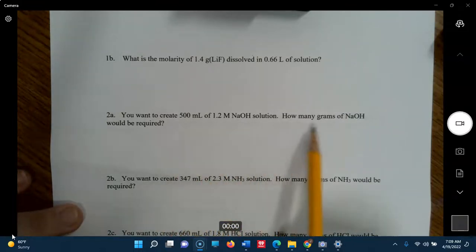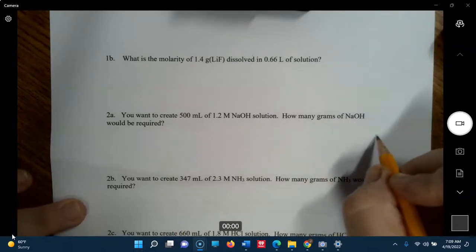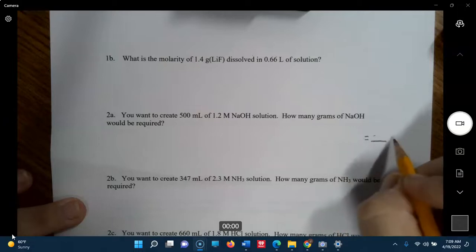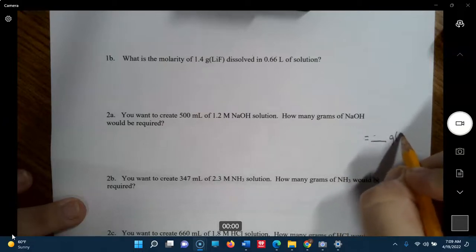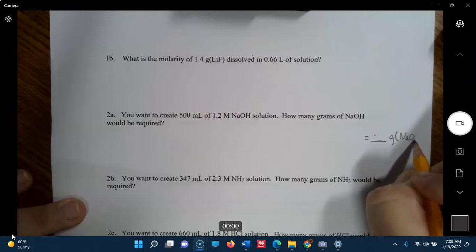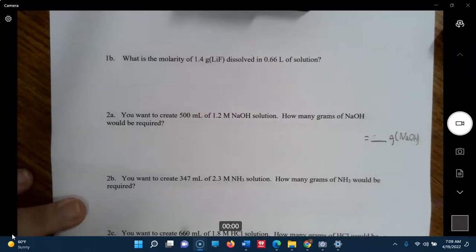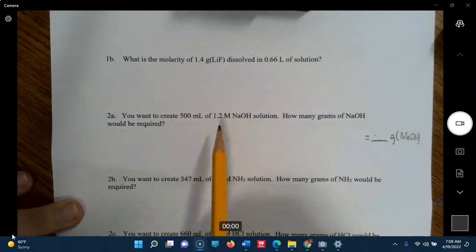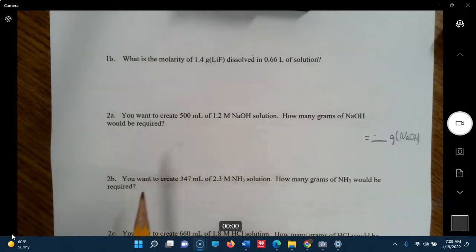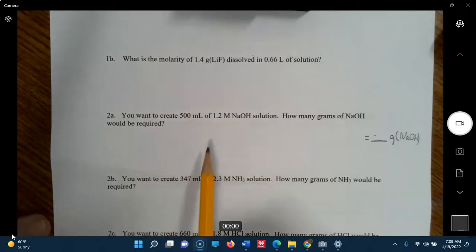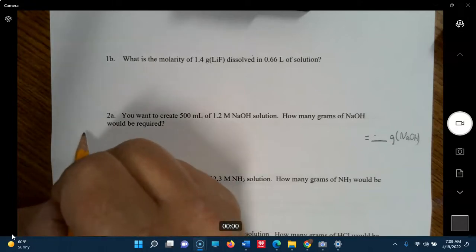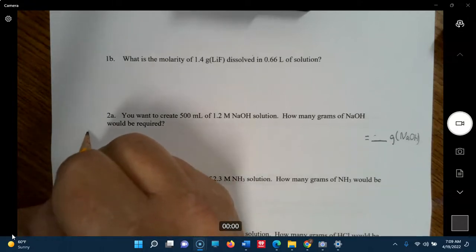Okay, so it's how many grams, so we're going to come way over here, and I mean way over here. Grams of NaOH. Okay. Now, we've got the 1.2 molar. Whenever you have a molarity that you're given, you almost always start with that. This 500 is going to be an intermediate number that you're going to use. So I'm going to come way over to the left, and I mean way over to the left. You're going to need a lot of space on this problem. All right, so